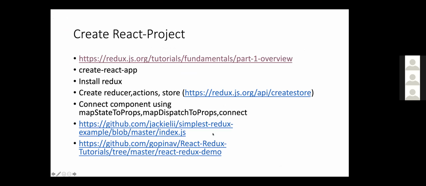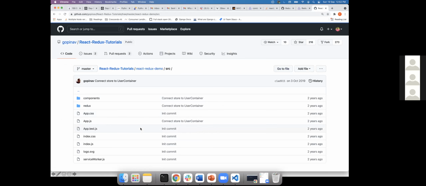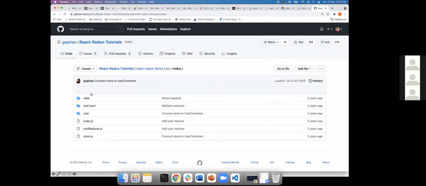So far what we have seen is we used a Node environment to create a Redux store, and then dispatching an action, subscription and all that, right? We haven't implemented that in our React Redux app, right? There is a library which is already there. If you want to check it out, I'll do that.